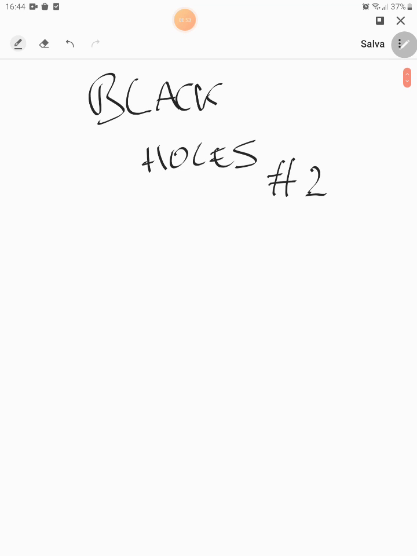Anyway, today we are going to talk about the motion of a particle in a Schwarzschild spacetime. In the last lesson we saw the Schwarzschild metric. So, what is the Schwarzschild metric? It's a strange and difficult name. The Schwarzschild metric is ds² equal to